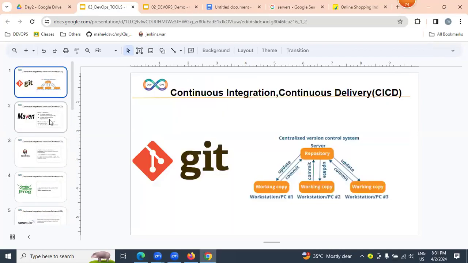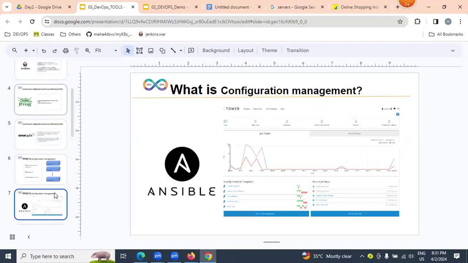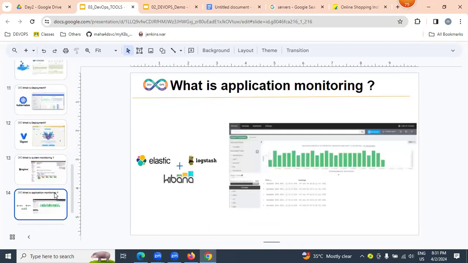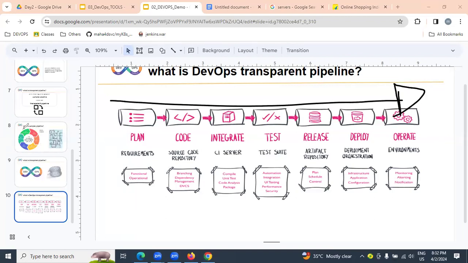With the help of Git, Maven, Jenkins, JFrog, SonarQube, Ansible, Chef, AWS, Docker, Kubernetes, Vagrant, Nagios, ELK, and Terraform, we can implement an automated DevOps process. I hope you understood very clearly.